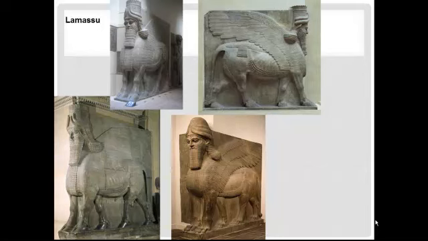The human head affixed to the body of a powerful beast. Bulls and lions, as I've already talked about, these are iconographic symbols associated with power and with kingship. An interesting feature of this that I thought was talked about well in the Khan Academy lecture is that this strange beast has 5 legs, so that you see 2 legs from the front, and then when you walk around to the side, you see 4 legs.